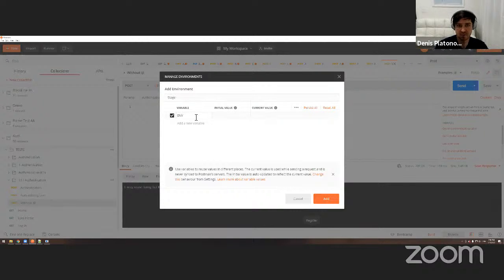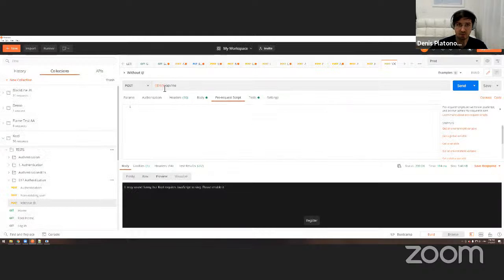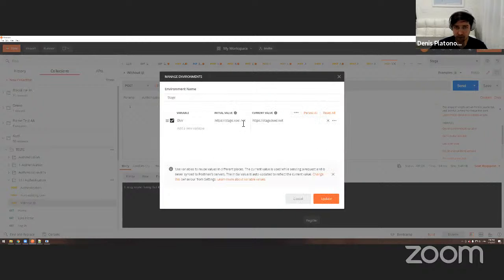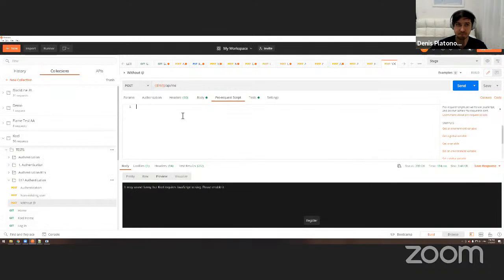And then it will be the same variable name, but this one will be HTTPS stage coil.net, for example. Now, since this one is set to prod, if you mouse over, it's coil app test-pro-io. If I change that to stage and mouse over, you see it's stage coil not. Why is it not? Messed up something probably. Yeah, net. I wanted to say net, right?